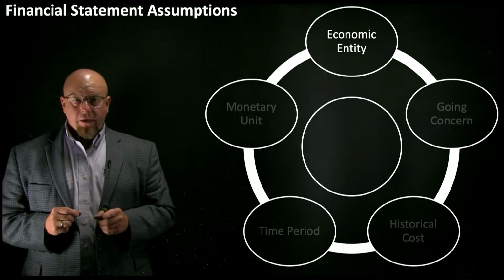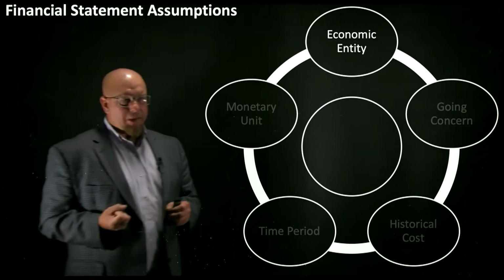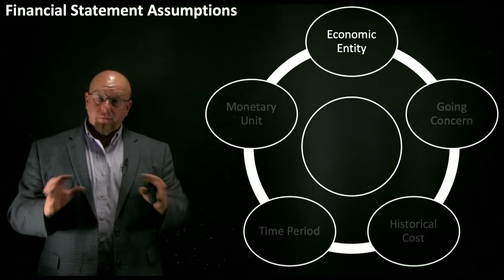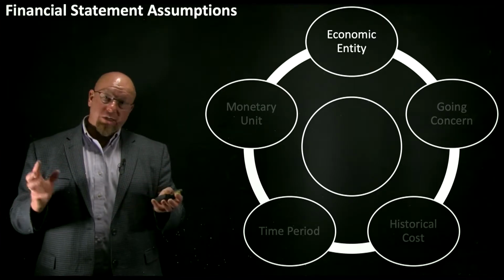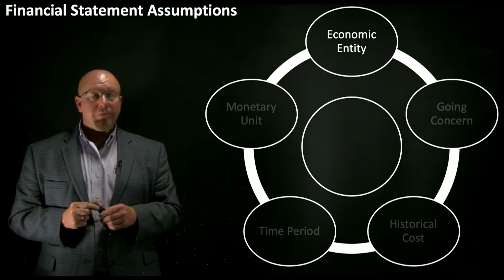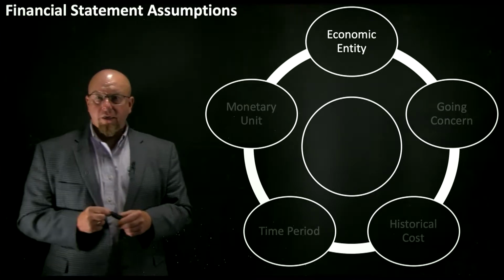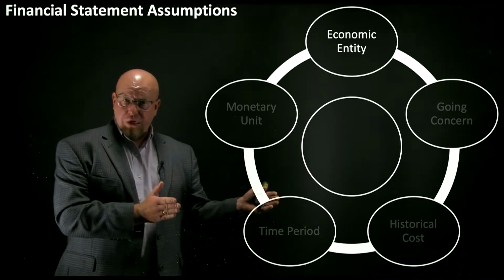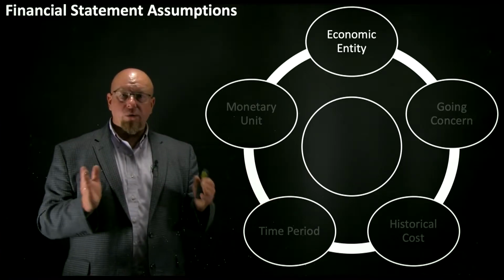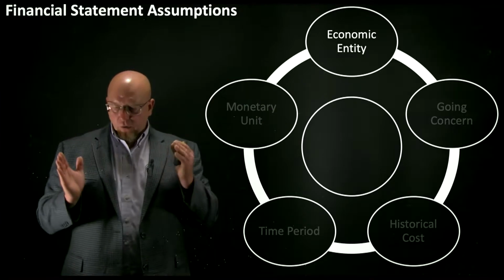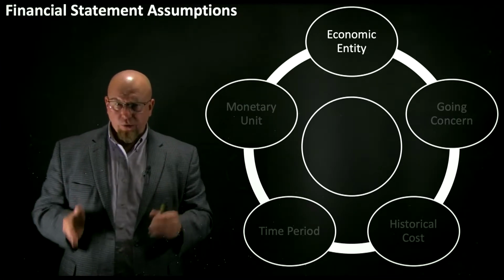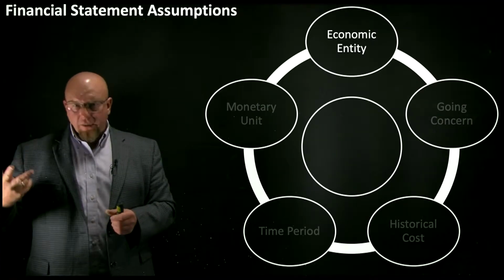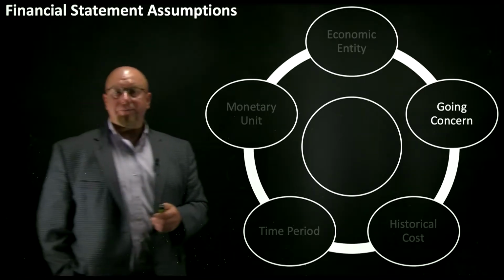Okay? And that might seem like really obvious and basic, but understand that sometimes there could be multiple companies that are combined into a set of consolidated financial statements, for example. We also need to understand that the business itself is a separate economic entity from the owners and from other entities. So basically, we need to identify what is the economic entity for which we are gathering financial information, aggregating it, and then reporting it to people who are making decisions.